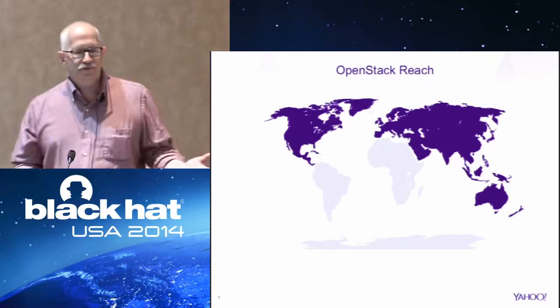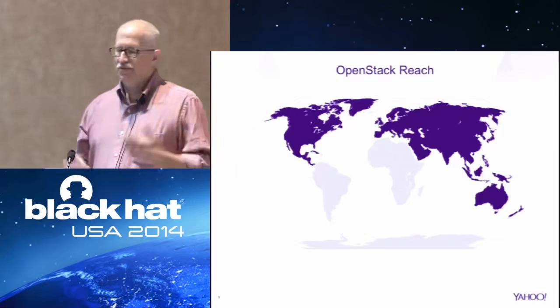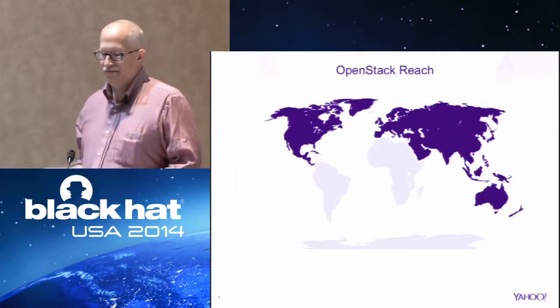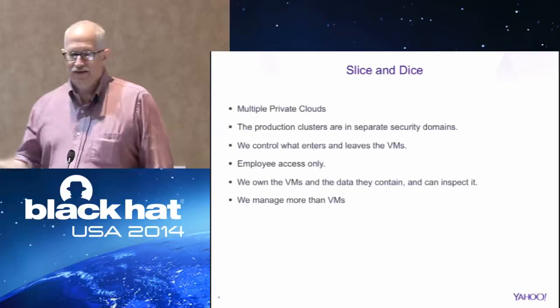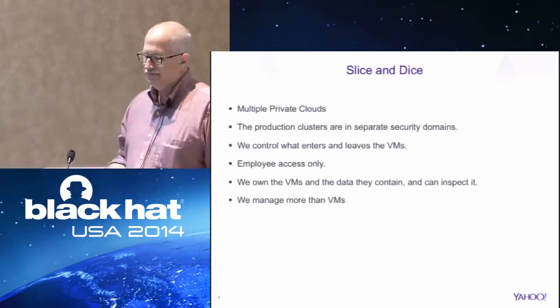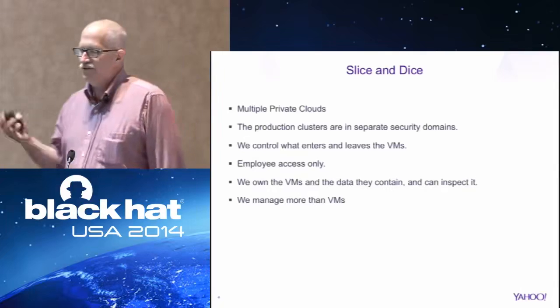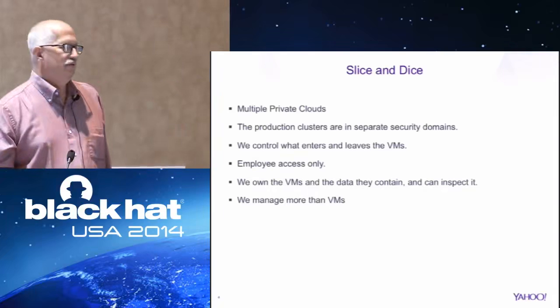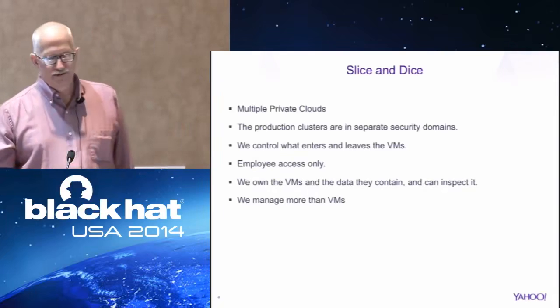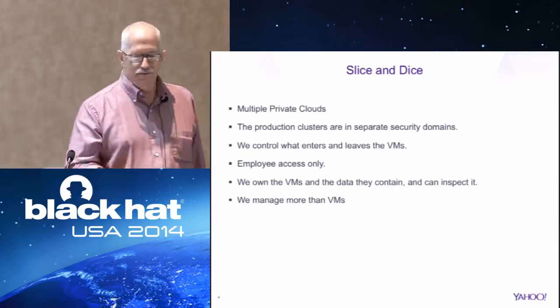So you have developers, you have different types of data, user data, corporate data, systems. How do you go about securing all this? The answer is we slice and dice. So what are we slicing and dicing? The short answer is data. These are private clouds, and we control the data and the access to it. That's one benefit we have over public clouds.